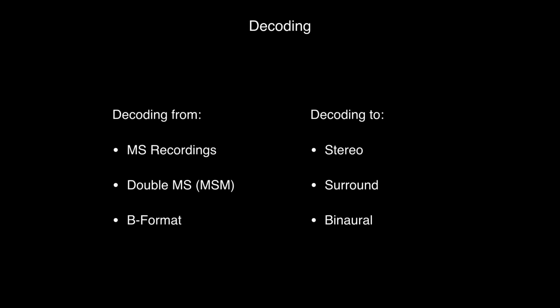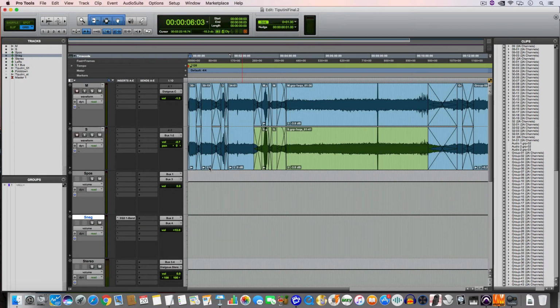to another format. So what we could decode to, we could go to stereo, we could go to a surround image, or we could go to a binaural image, so that there is some 3D playback possible. So the latter one is only possible from the kind of double MS and the B format recordings. I've got a session here that has a mid-side recording, just a normal mid-side, not a double mid-side, and